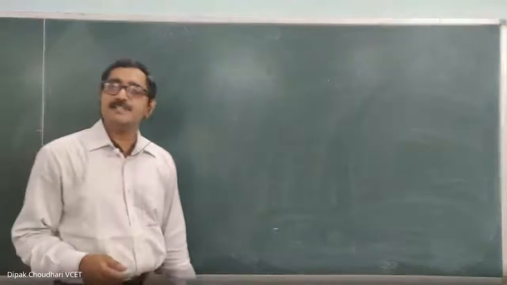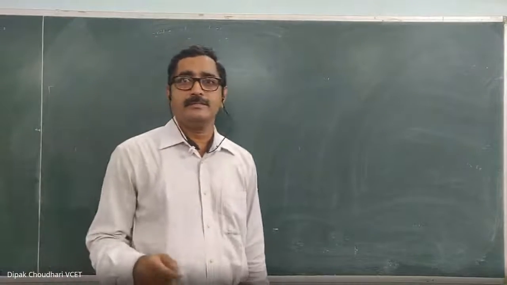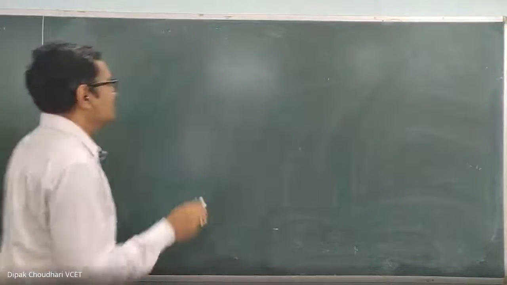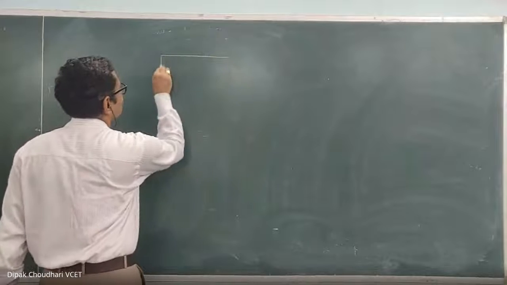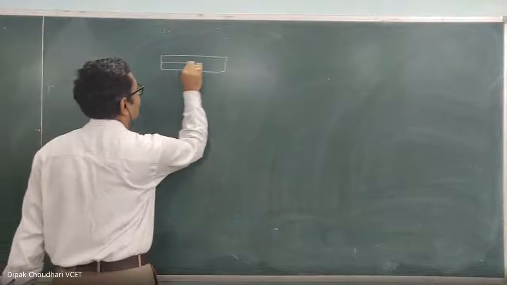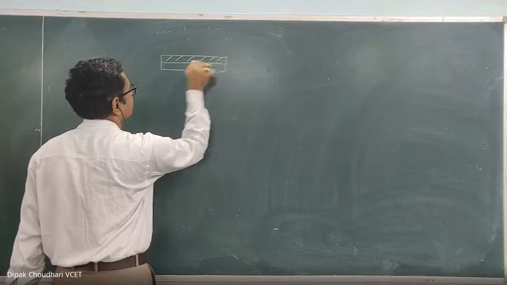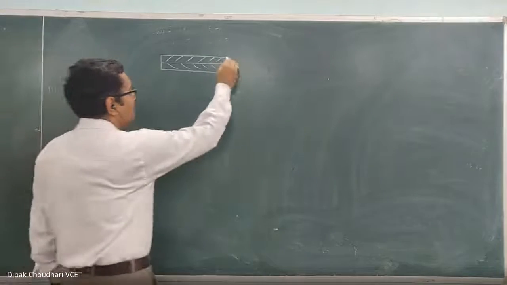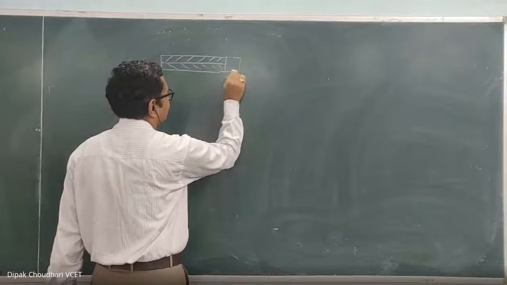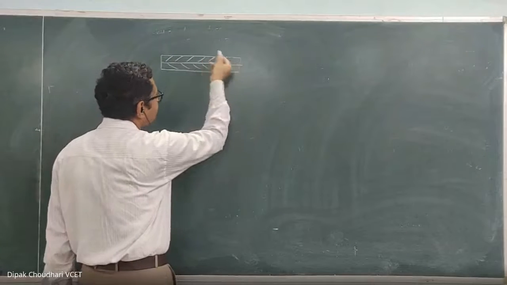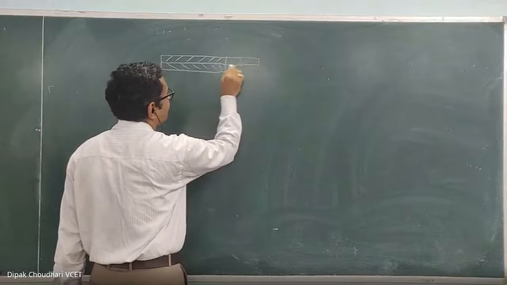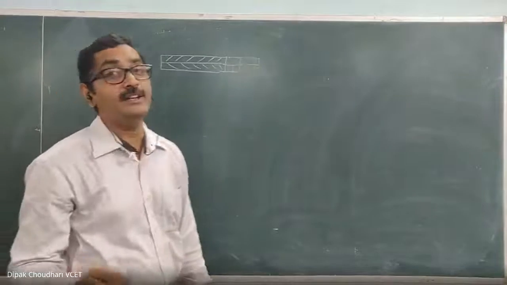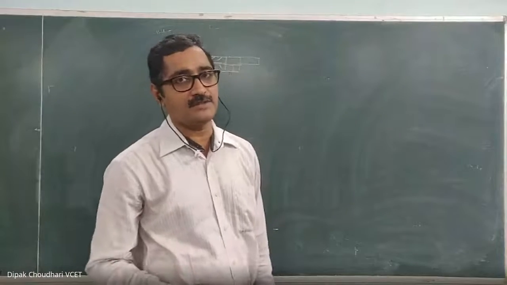In the previous lecture we started with thermal stresses in composite materials when they are rigidly connected. We know that when two different materials are rigidly connected, they are not free to elongate individually because of the change in temperature. The deformation of both materials will remain the same. But if they are free to elongate, the deformation of one material will be more than the other, because of the different coefficients of thermal expansion.